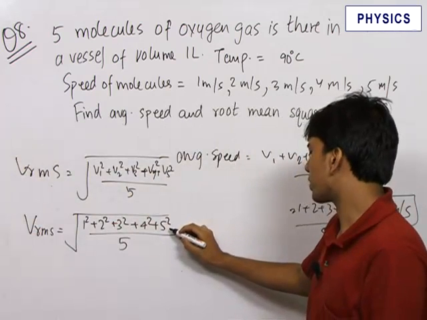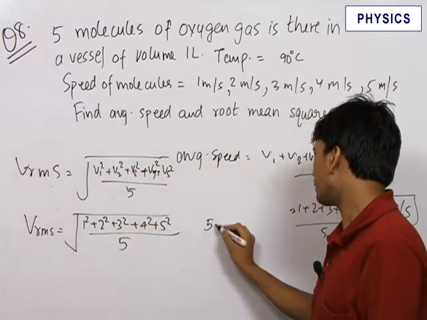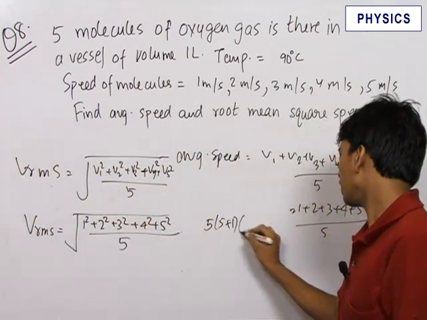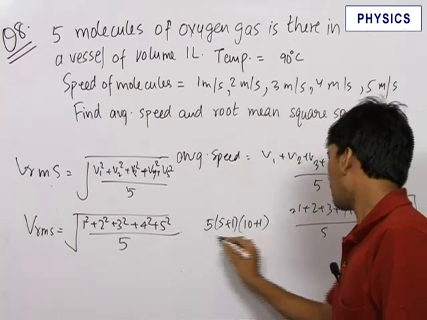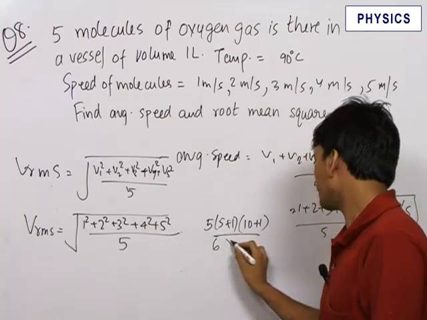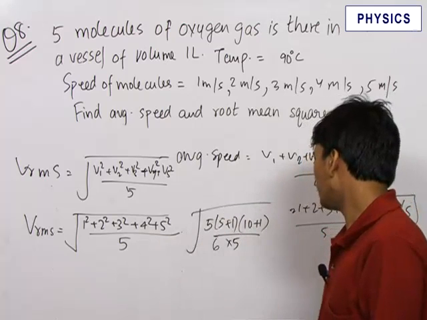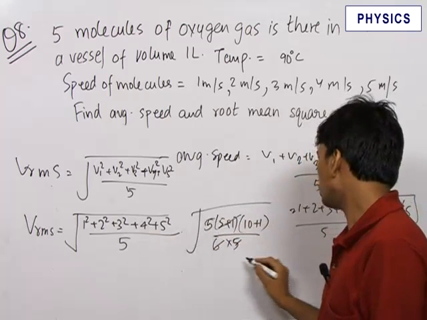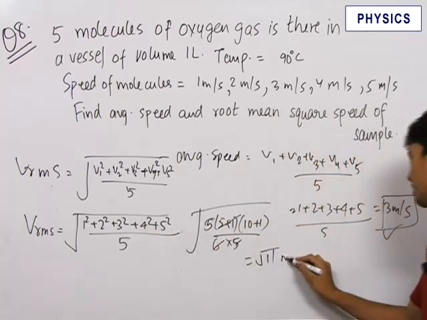This is the sum of the squares of the first 5 natural numbers, that is equal to n into n plus 1, 2n plus 1 upon 6. This 5 was already there, so we write it here, root over, this becomes equal to root over 11 meters